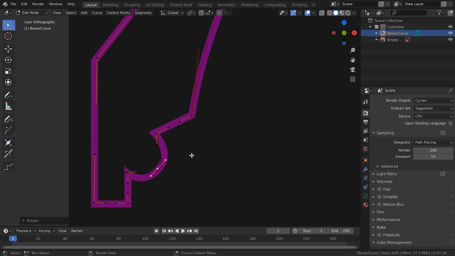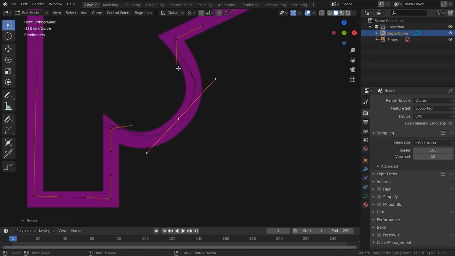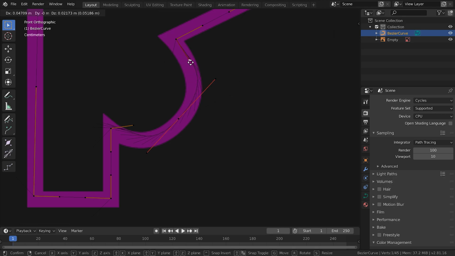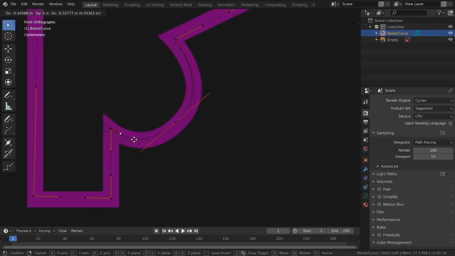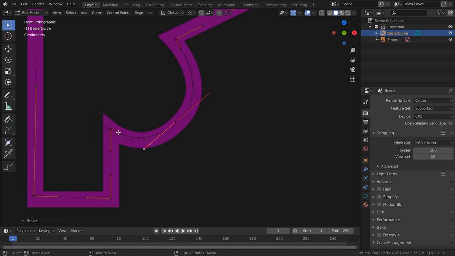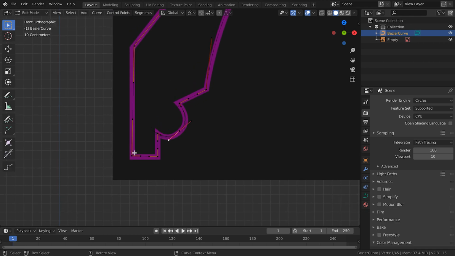I'm going to zoom in a little so you can see what's going on. Scale that up, move this point, and I can probably scale that one down now. Just trying to get those lines pointing in the right direction. That's looking pretty good. Yeah, and if we wanted this to be exactly perfect, we would make these perfectly straight